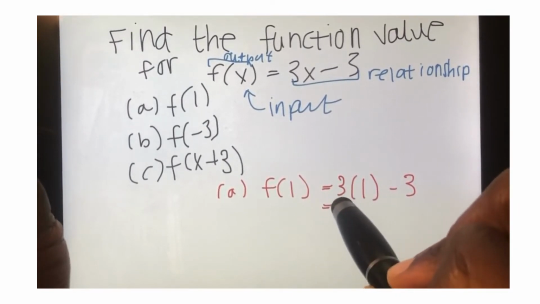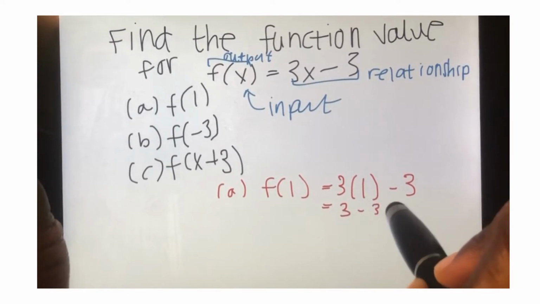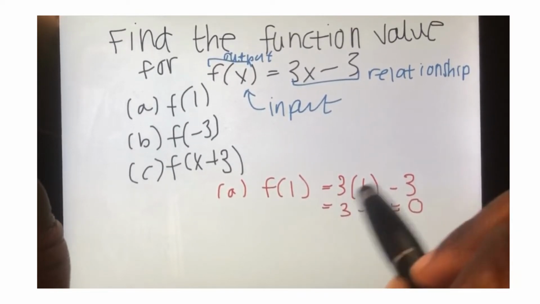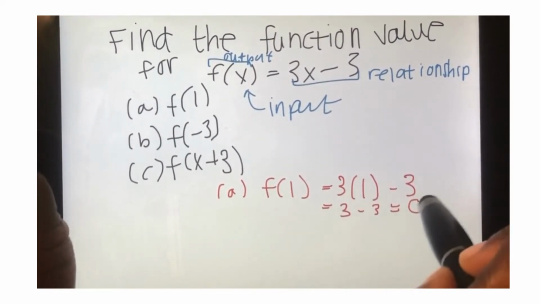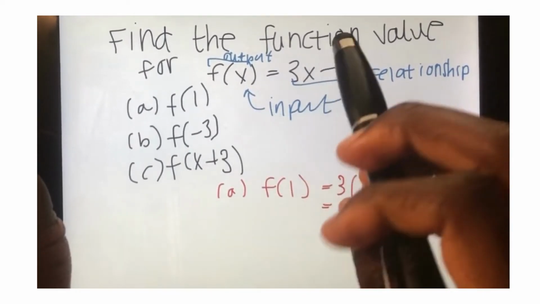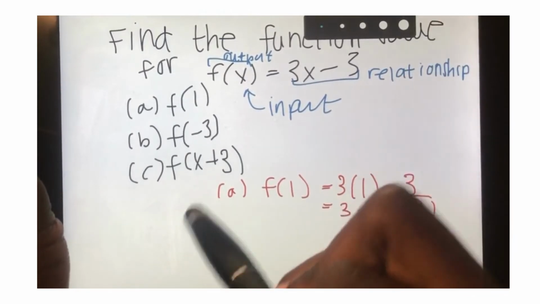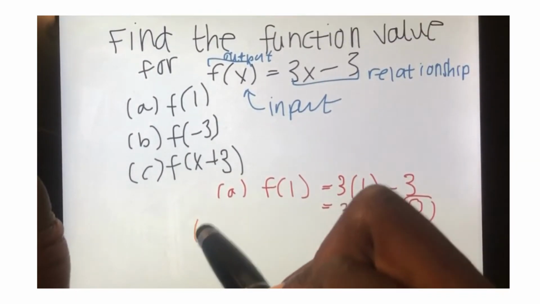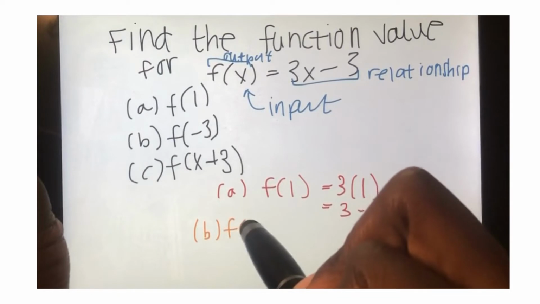So 3 times 1 is 3. 3 minus 3 is 0. And so we're going to say f of 1 is 0. Right? And that would be the answer for that one. Secondly, we have f of minus 3. So f of minus 3